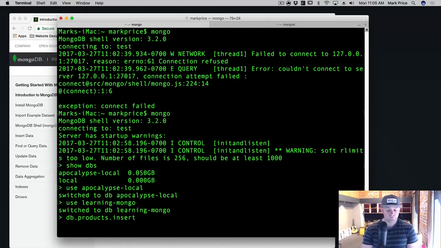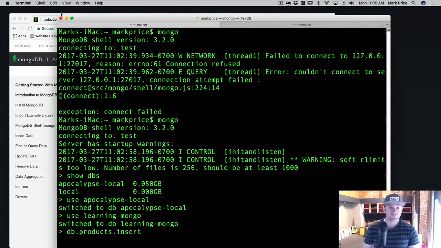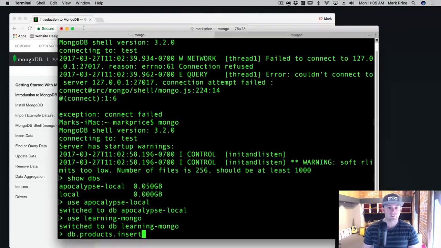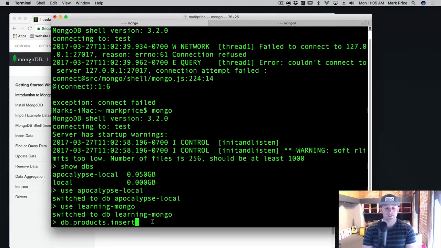And then what we're going to do, make this even a little bigger here, is insert a brand new product into this database. So we go ahead and do the opening parentheses, and then remember, we're going to write JSON really here in our terminal. So db.products.insert, and so we're going to say there's a product name. Again, this is just JSON, right? Keys and values. And the product name, let's say, is